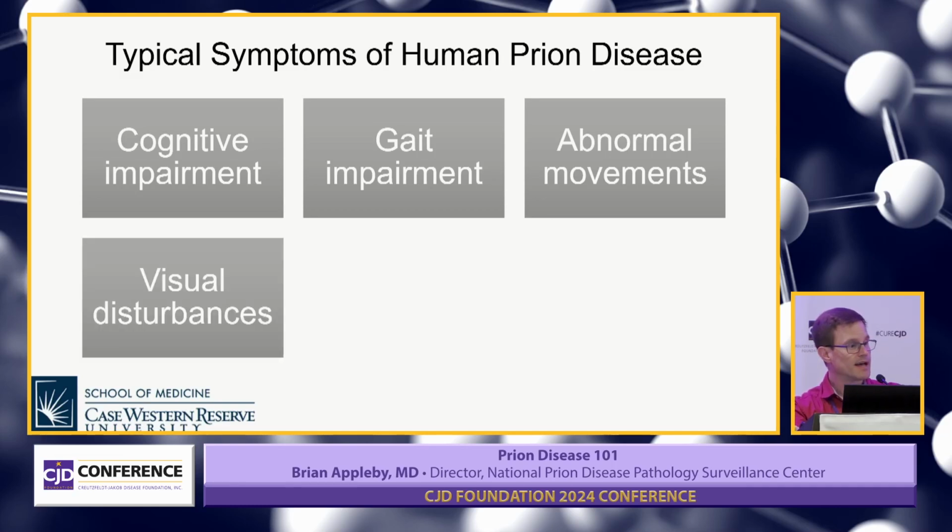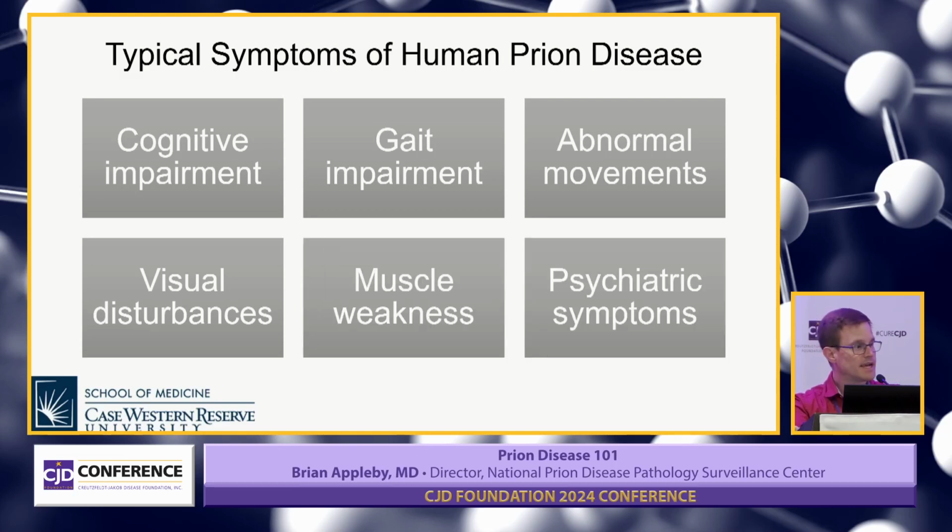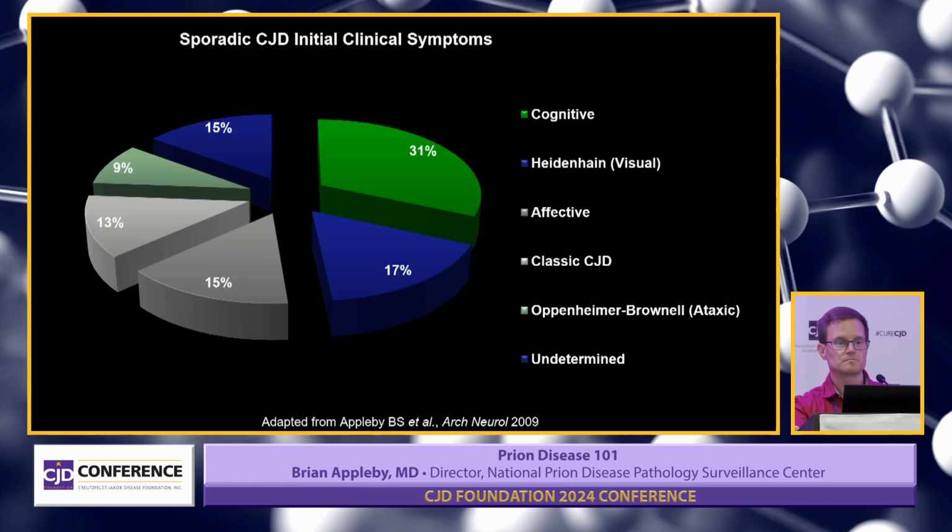We heard about a lot of that at the last session. Muscle weakness or psychiatric symptoms are extremely common, whether it be seeing things that aren't there, or problems sleeping, mood changes, personality changes. The problem with CJD is that people don't present with that clinical syndrome of CJD when they walk into the office. They have to present usually with one symptom that then evolves into two symptoms and then